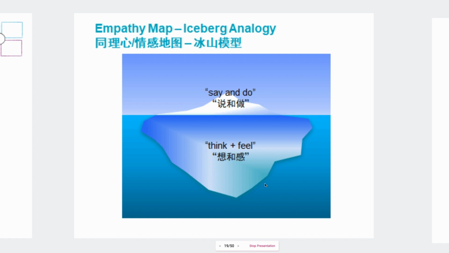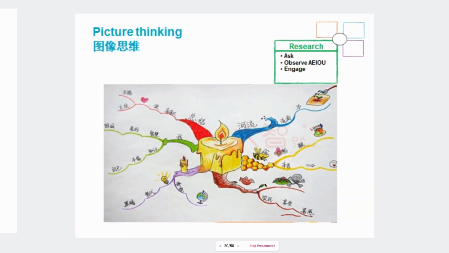Then we go to picture thinking. Picture thinking is very important to do the interview or do the research. Why do we need to do picture thinking? Picture thinking is a little bit like lean management. We have visual management. Why do we need to do visual management? Because the connection between our nerve and our eye is